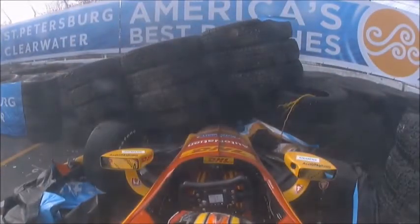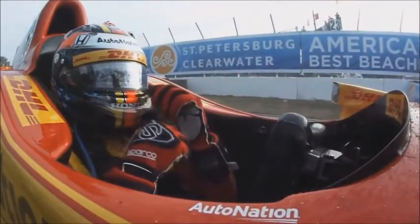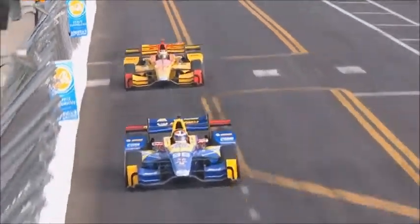He was approaching his teammate Alexander Rossi, setting up for that left-hander, locks it up, and just slides it big time. That is a big hit there, Mark, into turn 10. That car just simply could not get slowed down. Here's an onboard shot for those joining us online for Ryan Hunter-Reay, again in turn number 10, Mark. Takes his hands off the steering wheel, does the smart thing, but that's a big hit for a warm-up session. Yeah, he was getting a good run on Rossi, and